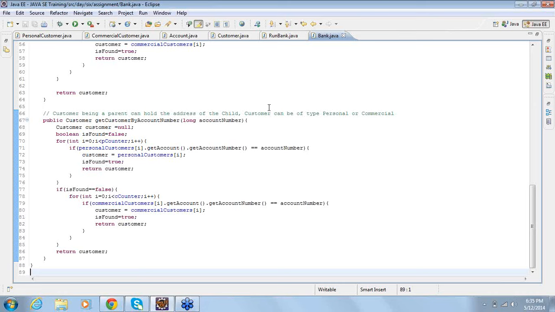So what do you mean by simple? Which cannot be divided further. Like customer ID, I cannot break it further. Customer age, I cannot break it further.